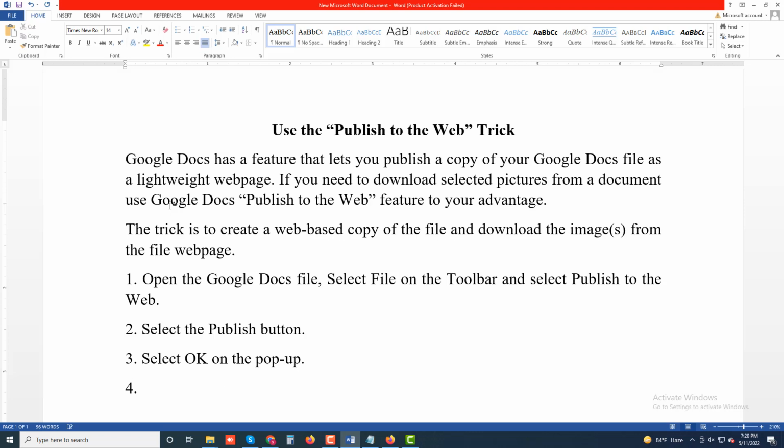Four, copy the document's web URL and open the link